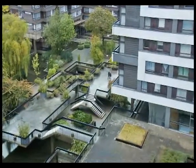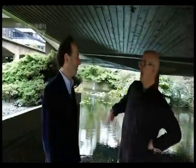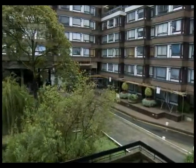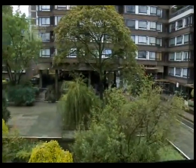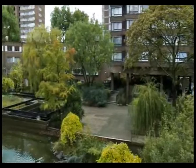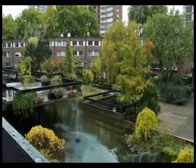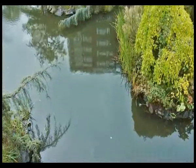So Tony, tell us where we are. Well, we're under the mezzanine level in the Water Gardens, which was a sort of concrete modernist block that was built in the late 60s. And I was given the responsibility of replanting and soft landscaping the entire complex, which I was doing over a period of 3 phases. So we've drained all these ponds here, which were probably about 6-8 inches full of sludge,